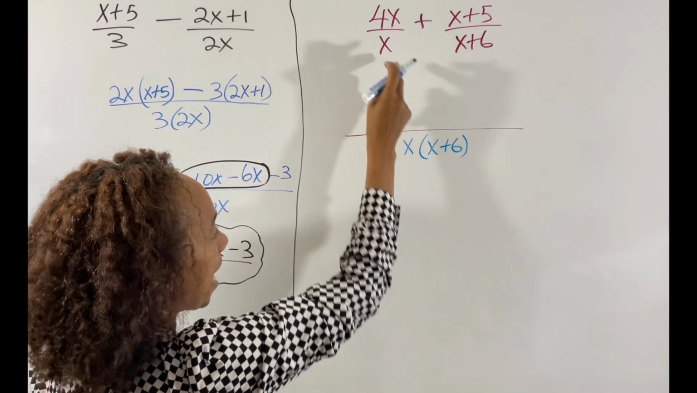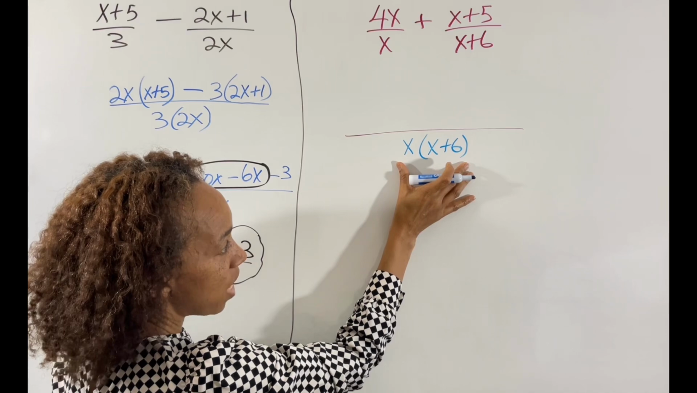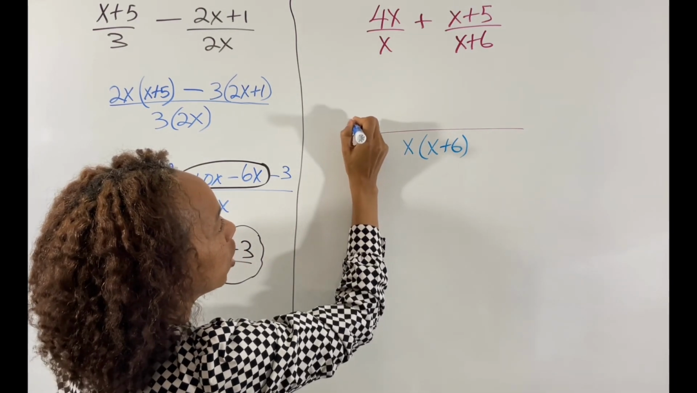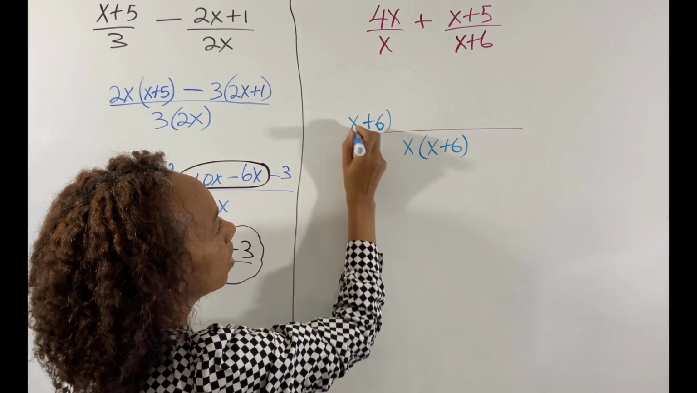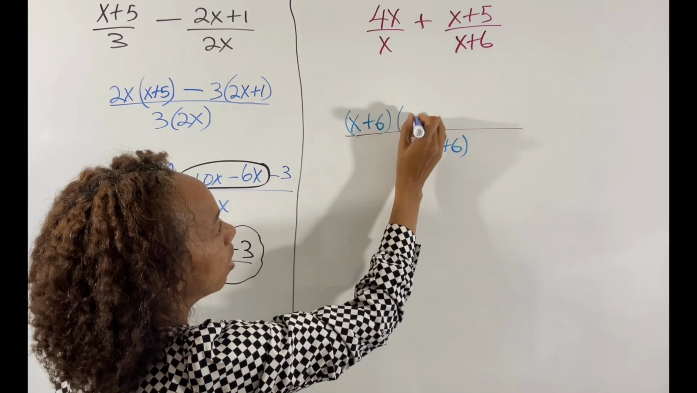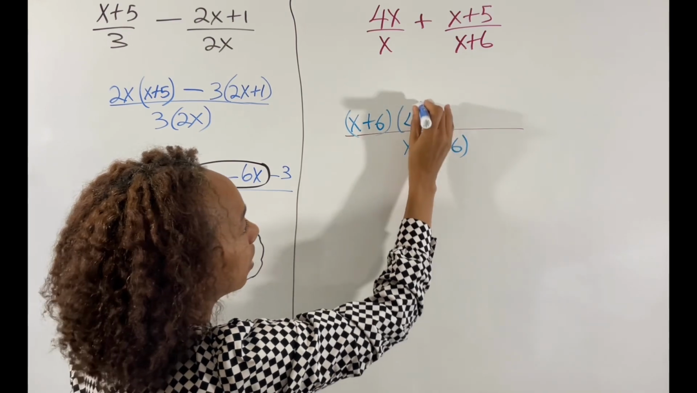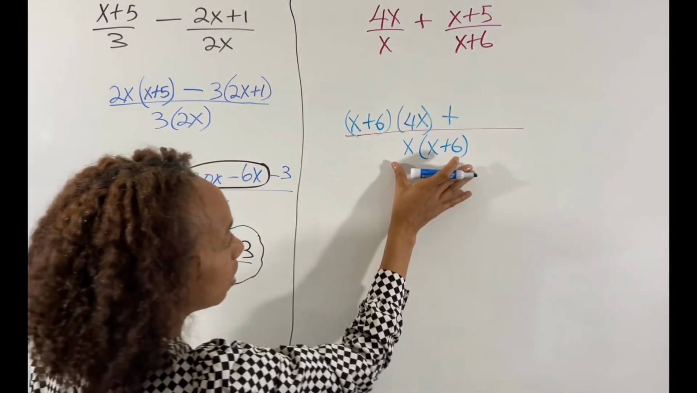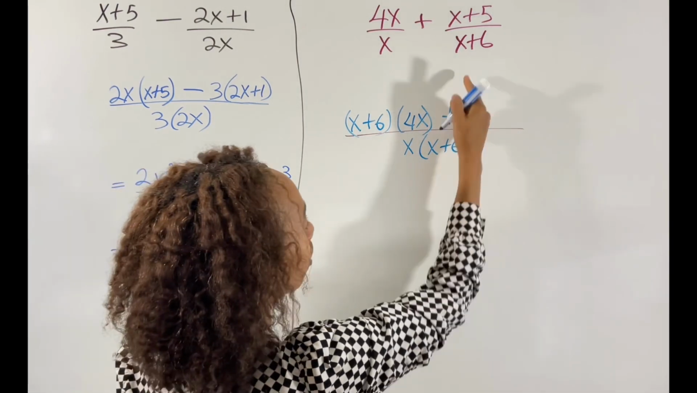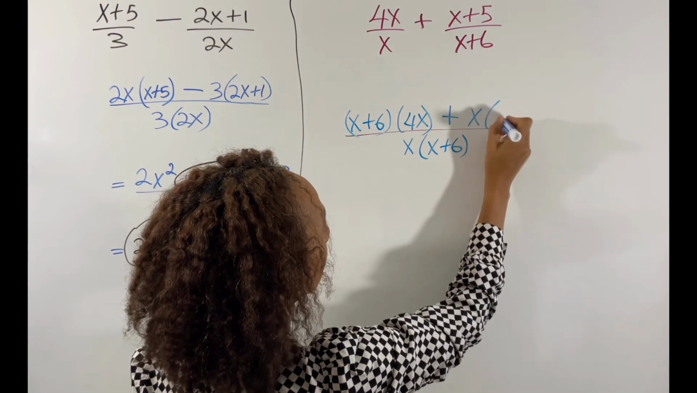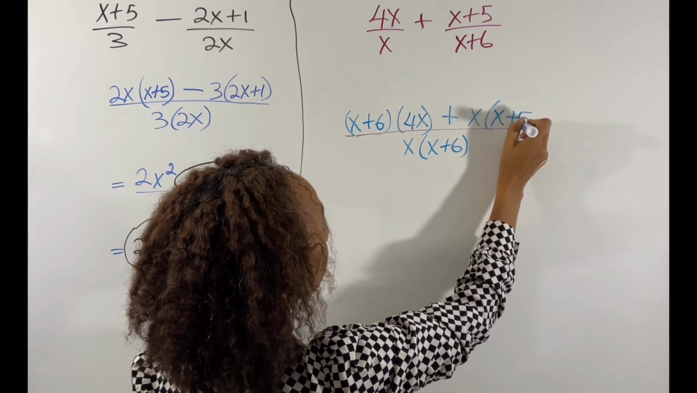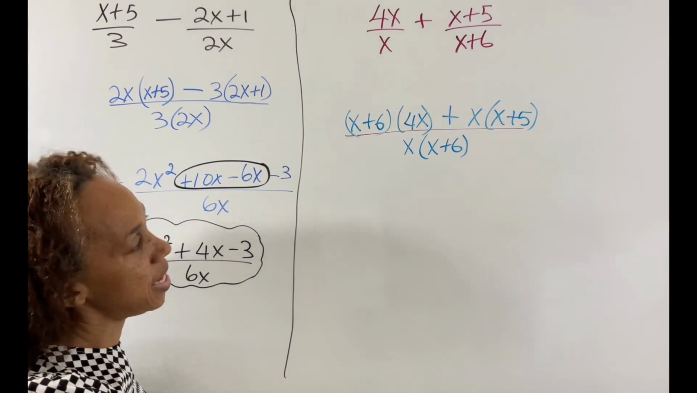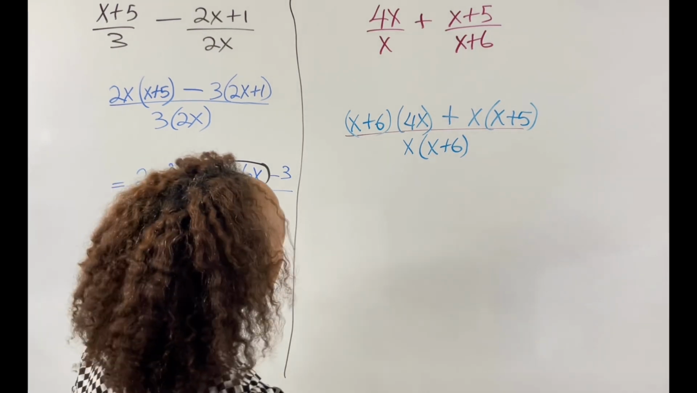So now you can say x into this that you have here, the x and the x plus 6. Once you do that, you will end up with x plus 6. So you can have x plus 6 here. And you're going to multiply it by the numerator, which is 4x. And you're going to bring down your plus sign. Now you're going to say x plus 6 into this product here, and it's going to be x. So you have the x there, and the x is going to be multiplied by x plus 5 that you have on top. We now have to use our distributive property,